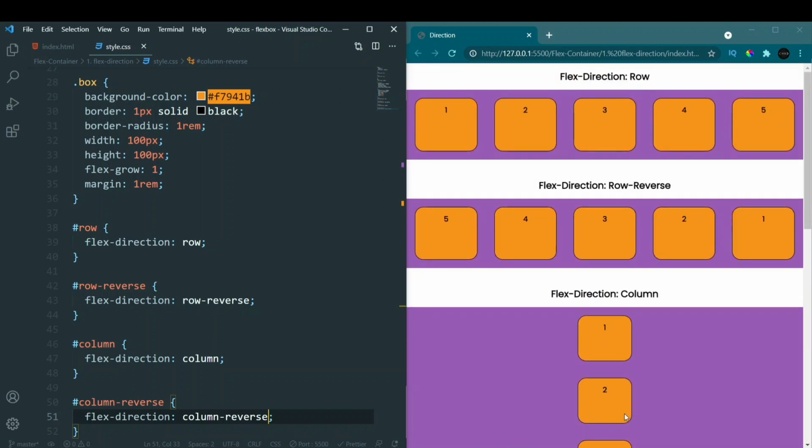So flex direction just helps us place our elements in whichever direction we want. It can either be horizontal or vertical. The elements can stack in increasing order or you can even stack them in reverse order. So now moving to the next property,